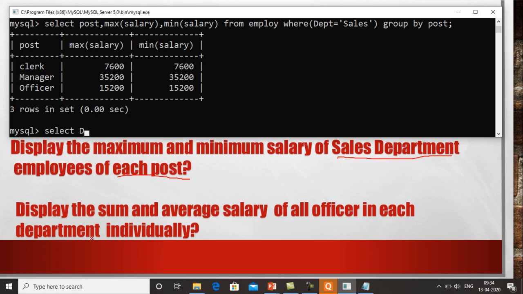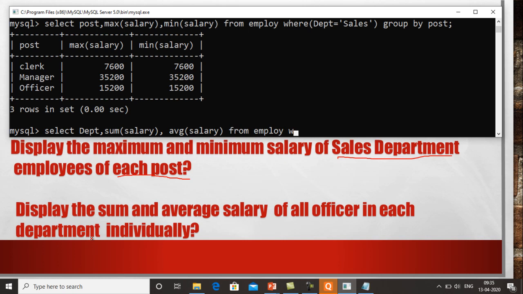So we will write: select department, comma, sum of salary, comma, AVG of salary, from employee.